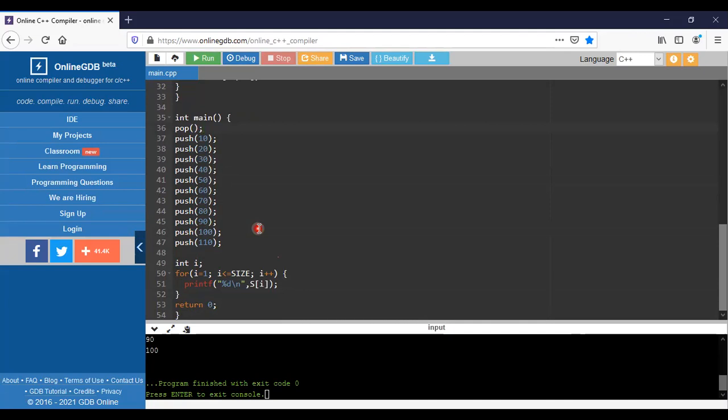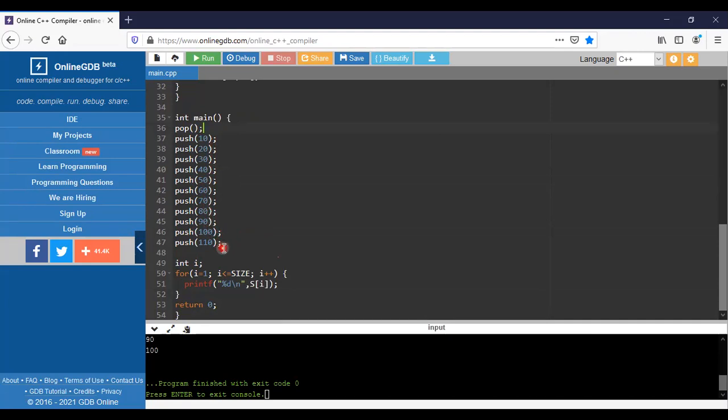Initially, are there any elements? No, the stack is empty. Since the stack is empty, we won't allow you to access the element, so it specifies that it is at the underflow. We need to insert an element.